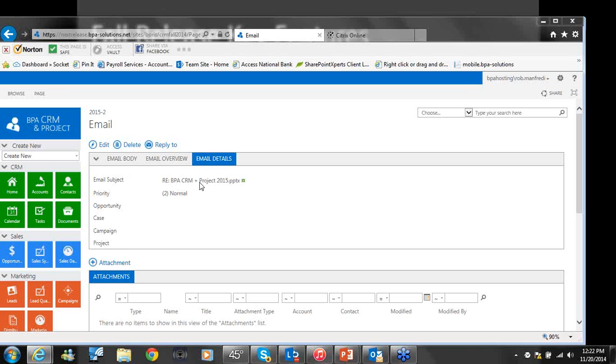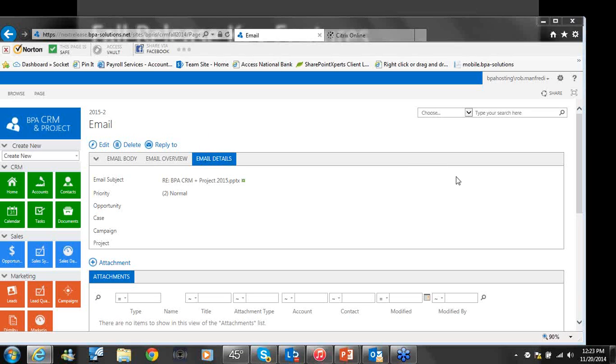We'll get back on some of the integration, on how this integrates with Exchange, Mitch, after this. The dashboarding and reporting, do we need a specific feature or addition of SharePoint? No, the dashboarding is done with, I need to see if it's included in the professional or only with the enterprise version of BPA CRM, but any version of SharePoint 2013 would work. And yes, we're going to offer this